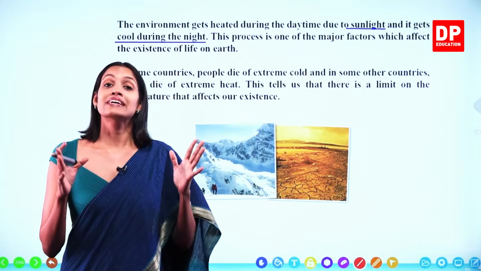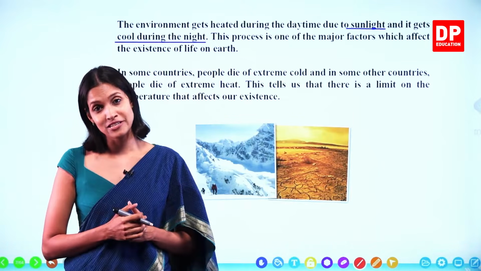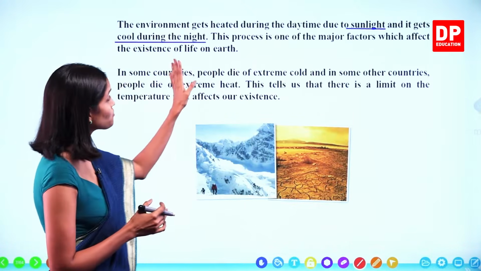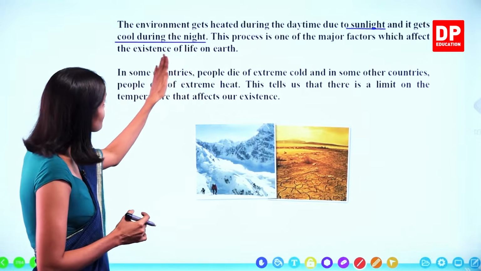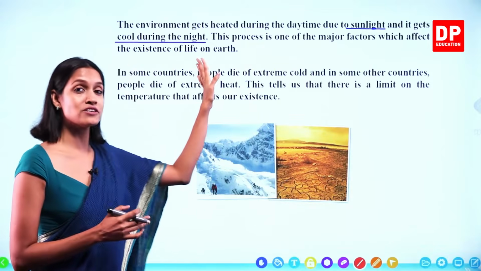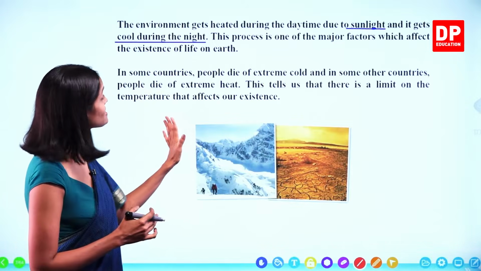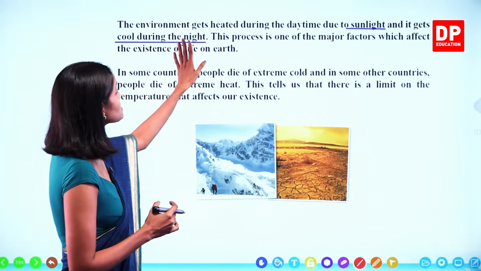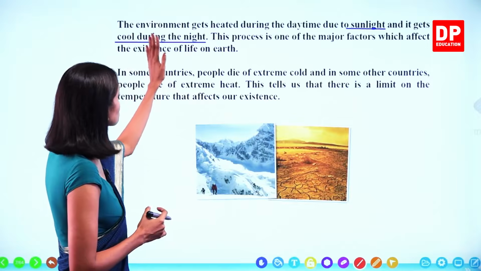Then the objects will get heated up too much and we will die of very high temperature. Okay, children? Therefore, absorbing heat during the daytime and releasing the heat during the night time, both very important activities. Okay, children, this is why this process is one of the major factors which affect the existence of life on